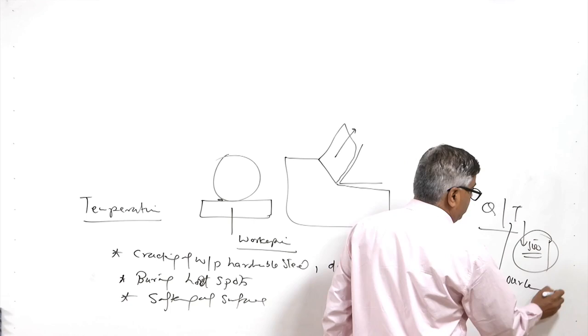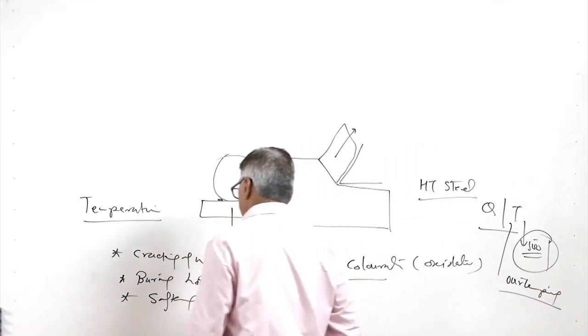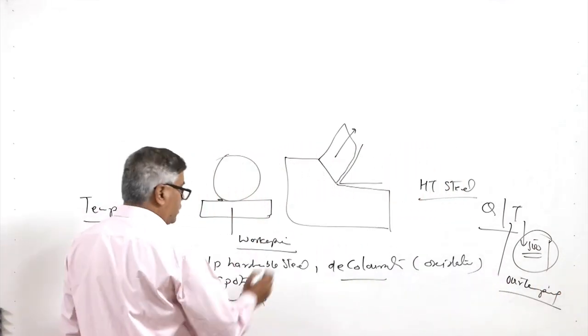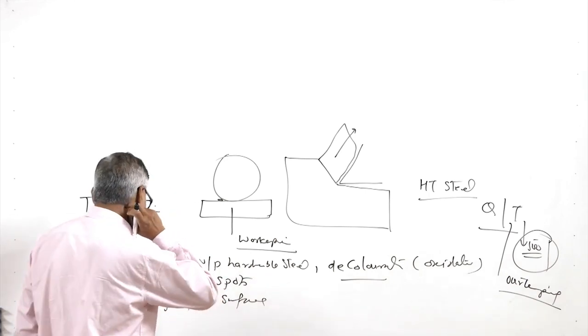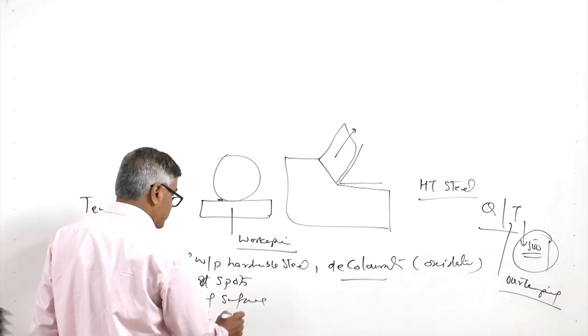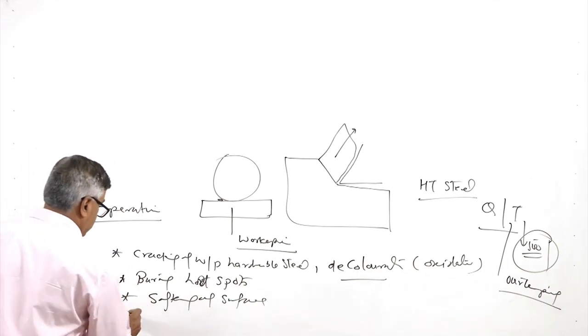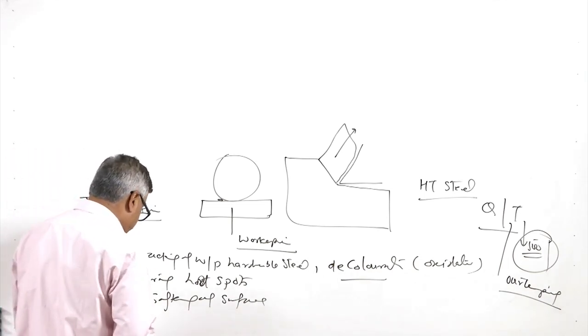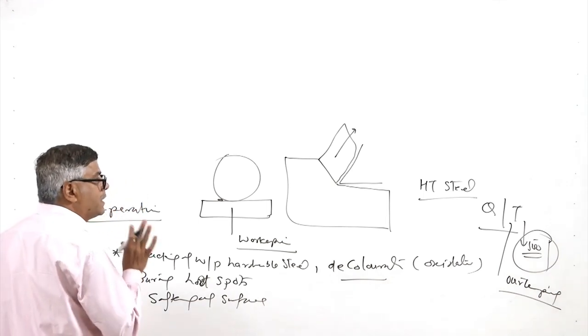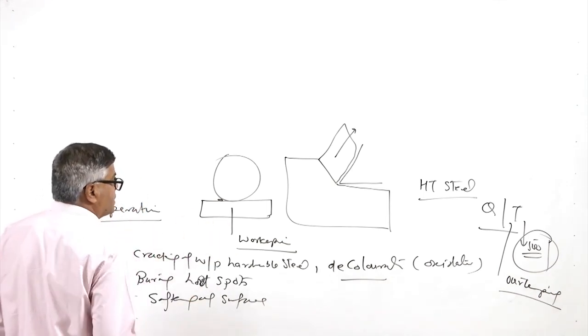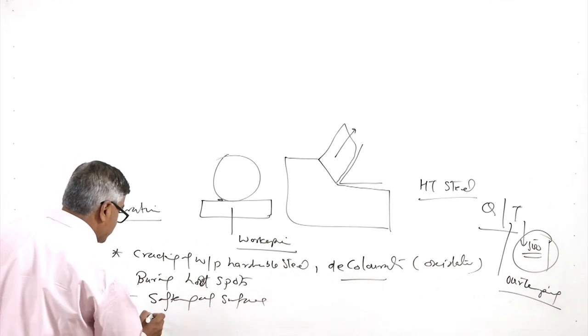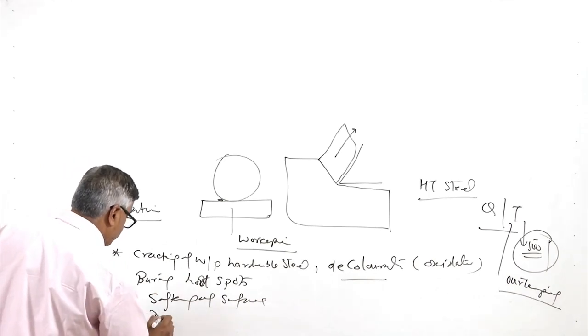So over tempering will be simply leading to the softening of the material, or softening of the quenched and tempered steels, or even quenched steels also get softened due to the heat generated during the grinding. But there is one favorable effect of the temperature rise during the machining, during the grinding, which is the development of the